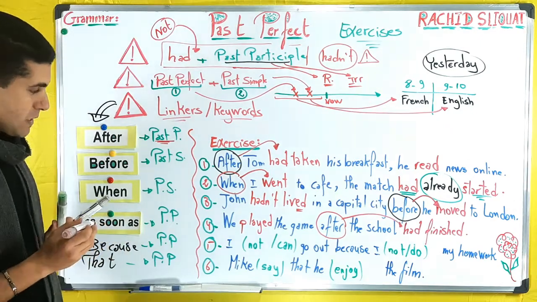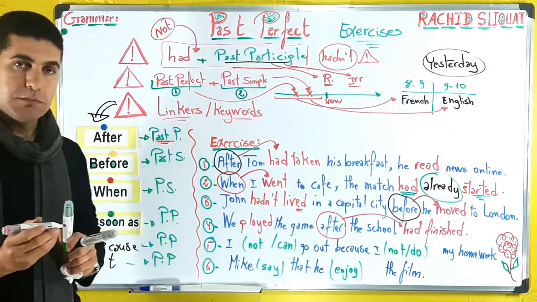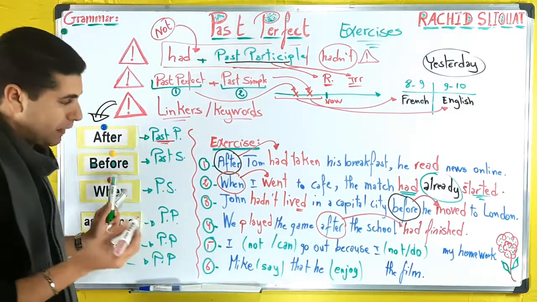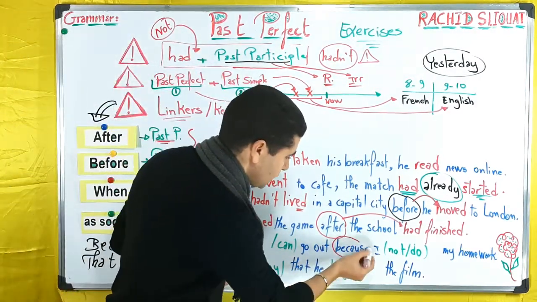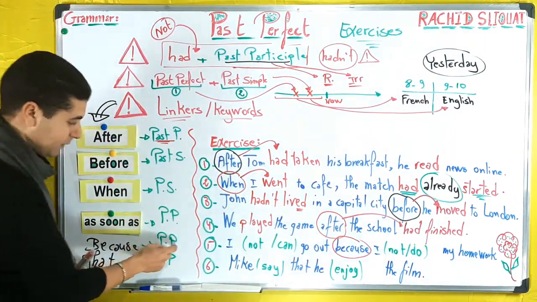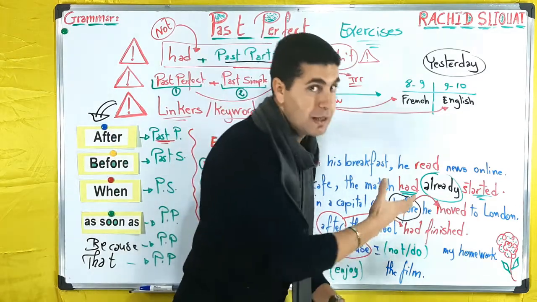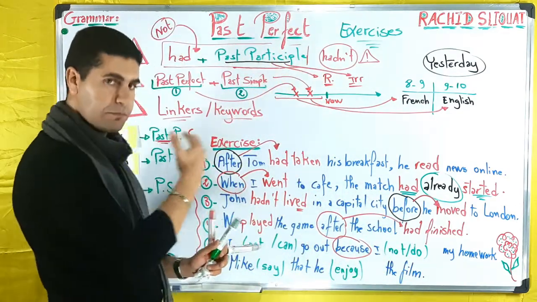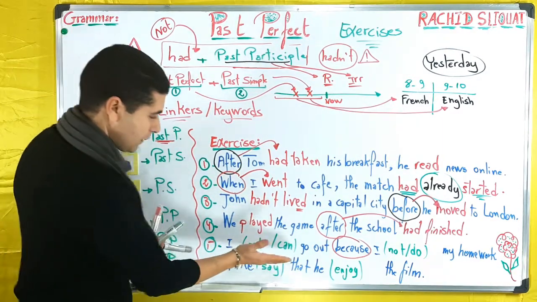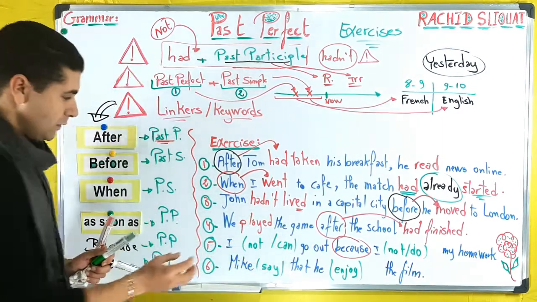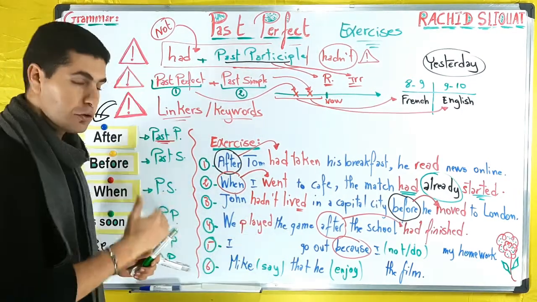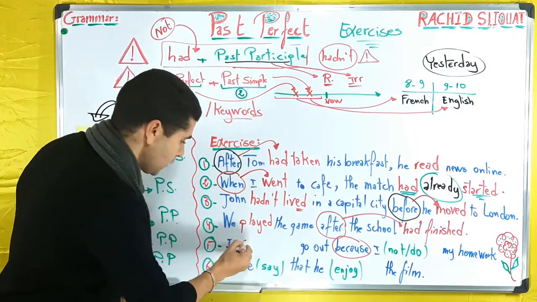Number 5, I not can go out because I not do my homework. Do we have any keyword? Yes, the keyword is because, okay? So because, as you can see here, is plus, as I said, the past perfect. So this means that this verb is going to be in past perfect and the other one in past simple. Let's start with this one. I not can. This one is past simple. Not, this is negative, and can in the past is could. So could in negative, couldn't. So I couldn't